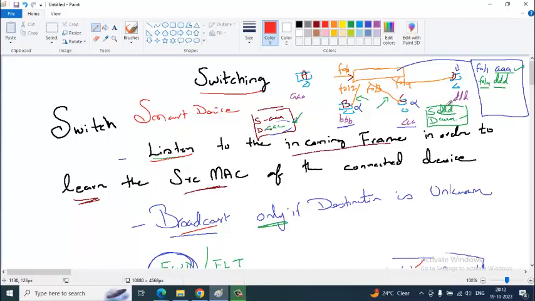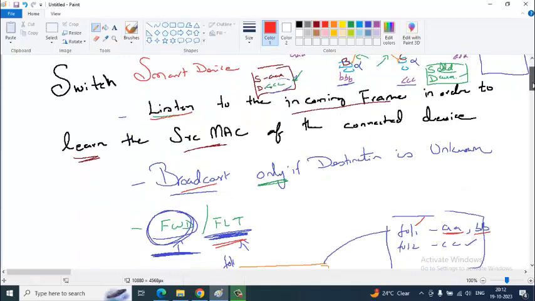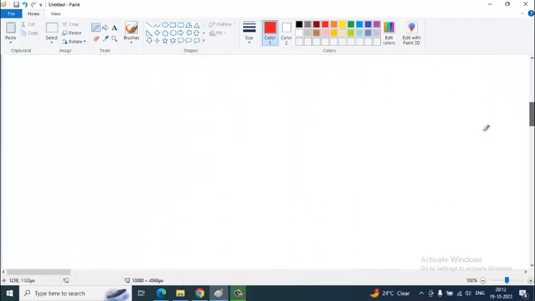Right. Now we need this type of smart device for every department. Each department is in one subnet. If I have only 5 people in a department and something like 10 departments like that, 5 people in each department, will you buy a separate switch for each department?